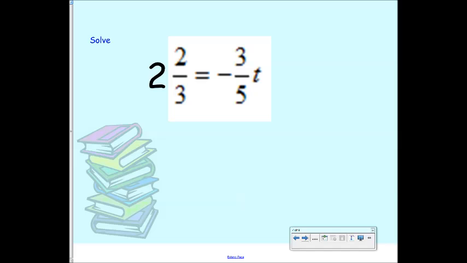Okay. How about this one? What's happening here? What is this thing on the left? A mixed number. It's a mixed number right now. What do we need it to be able to work with it? Improper fraction? How do I go from here to there? All right, so 2 times 3 is, plus 2 is,